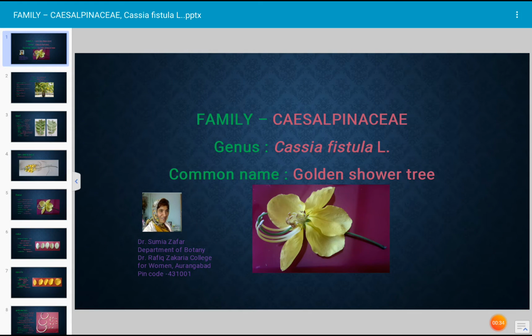It is a multi-purpose tree because it gives hard timber. Timber is very hard, which is very good for making furniture, farm implements, wheels and mortars. The bark of the tree is medicinally important because it contains tannin. Even dyestuffs are prepared from the bark of the tree.